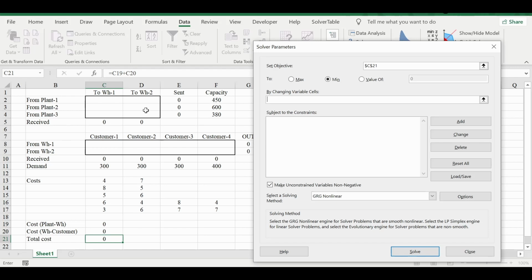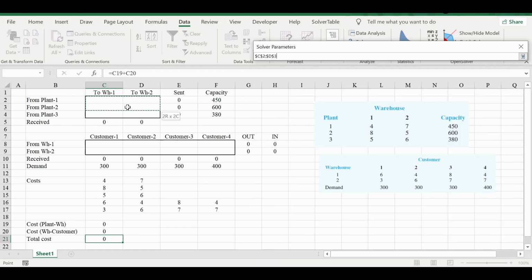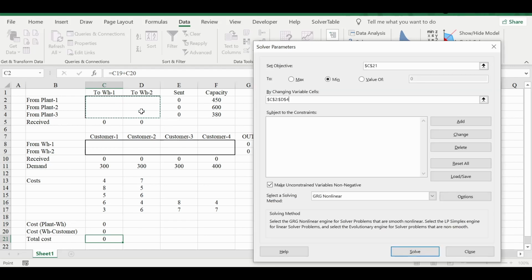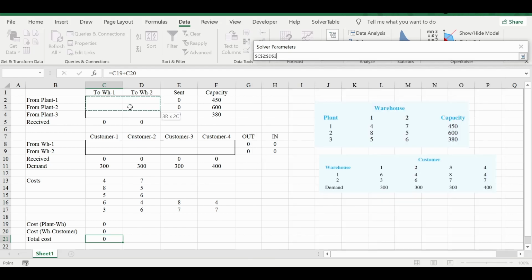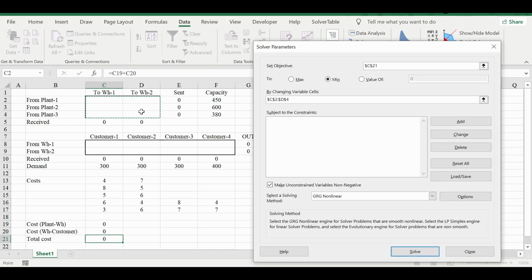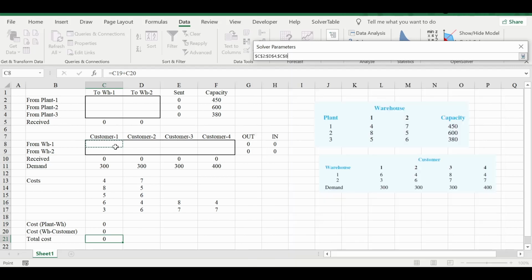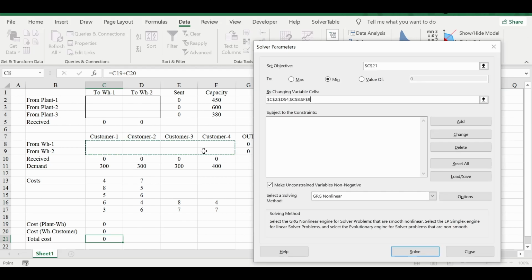So how to enter this in solver? You just enter the first one, first block, then insert a comma, and then again select the second block. Then your entire thing will be entered in this decision variable block, and then add the constraints.